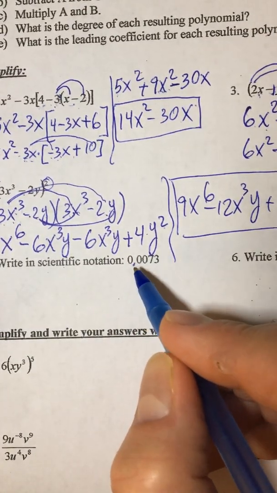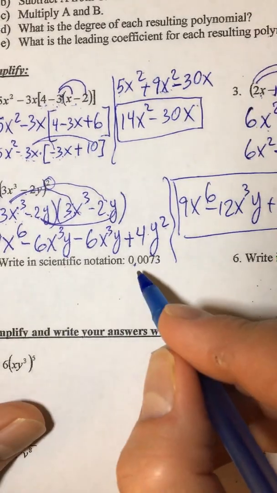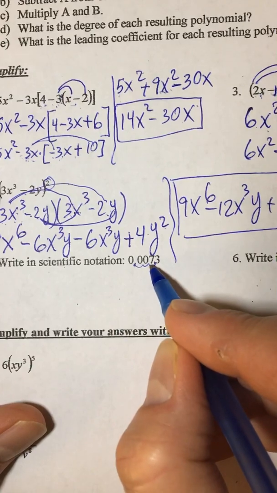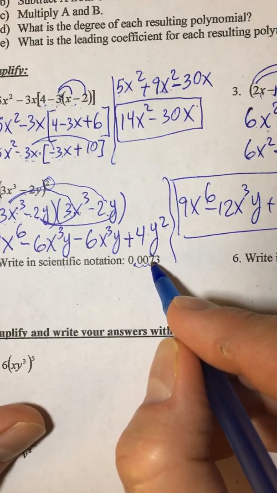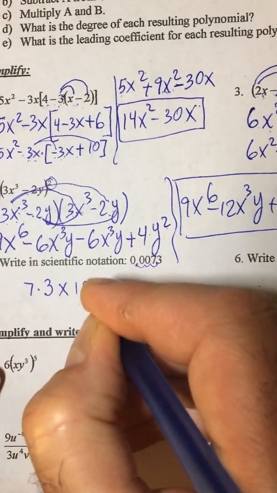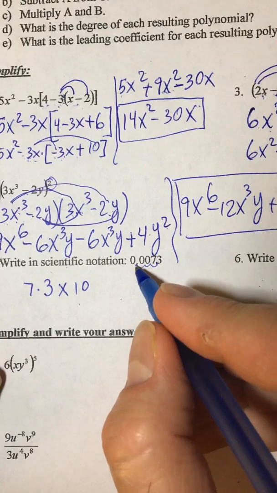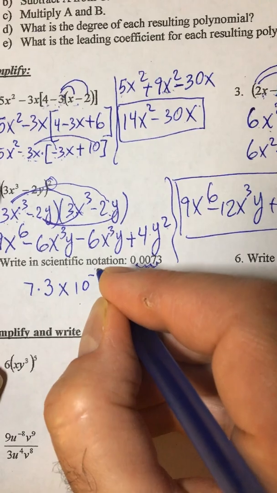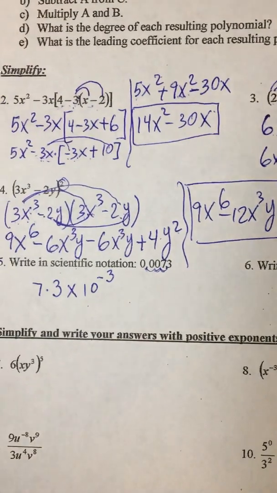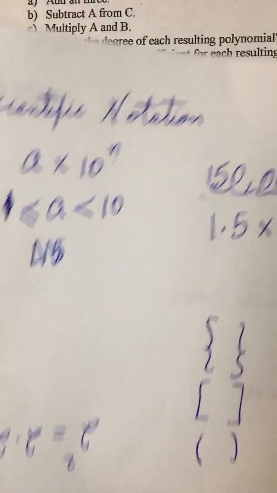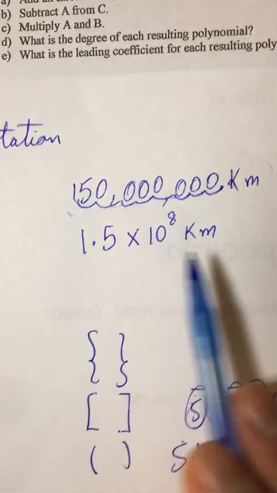I'm going to move the decimal, but this time I have to move it to the right. So it's going to be 1, 2, 3. Now if I stop here, what's the number to the left of the decimal? That's 7. That's okay. That's between 1 and 10. So I'm going to write it as 7.3 times 10. How many times did I move the decimal? 1, 2, 3. But I moved it to the right, so I'm going to write it as -3. So when you have scientific notation with a negative exponent, then you're dealing with very small numbers. If you have a scientific notation with a positive exponent, then you're dealing with large